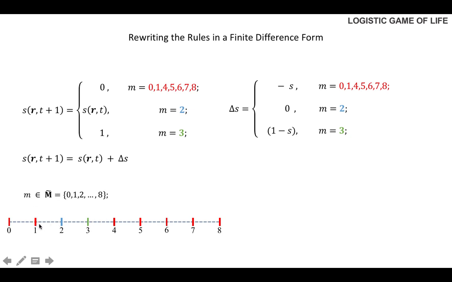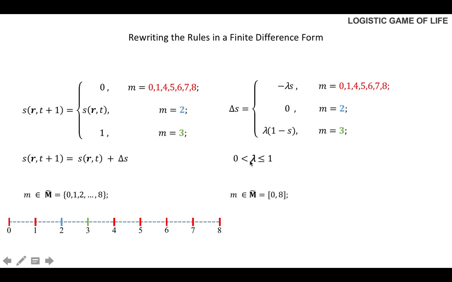So basically red, again, let me remind, corresponds to decay, blue is stability, and green is growth. So what we do is, in the spirit of the logistic map, we add lambda in front of these changes. And lambda is any number between 0 and 1, any rational number. By the way, it can also be bigger than 1, which I will talk about later on.